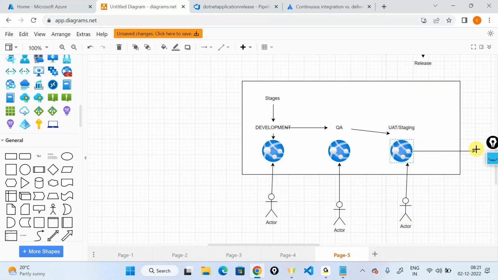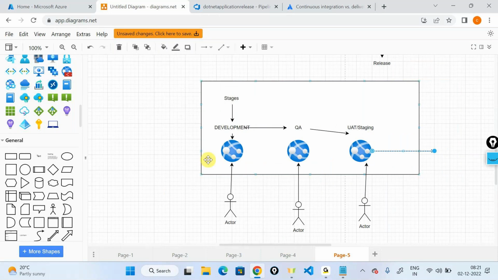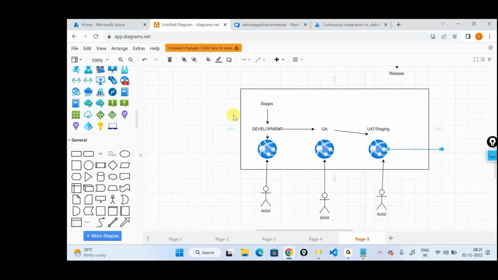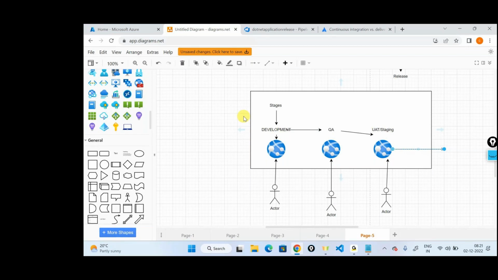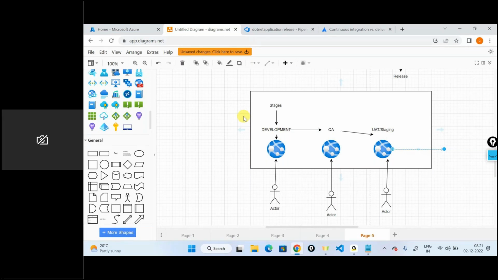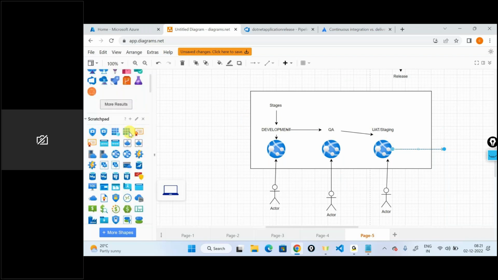Again, I'm just giving you a very ideal scenario, one example. In an organization, you might have slots where they are testing, or you might have multiple web applications for a particular environment. It depends upon the budget and the quality that you want to ensure. But finally, you will have a phase called production,